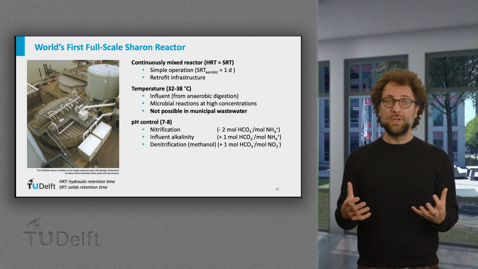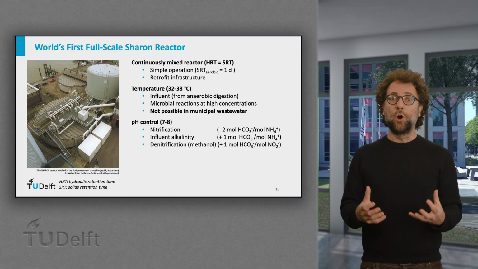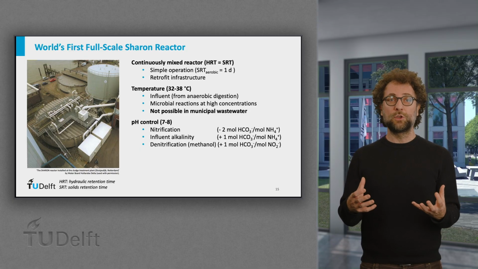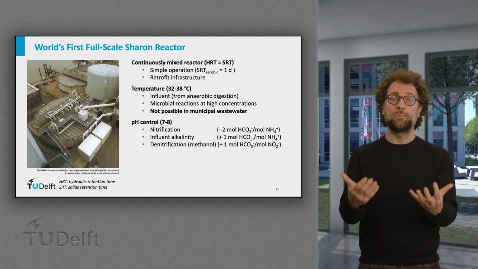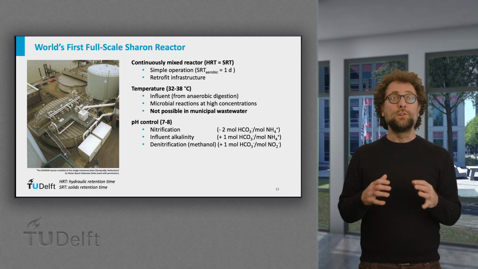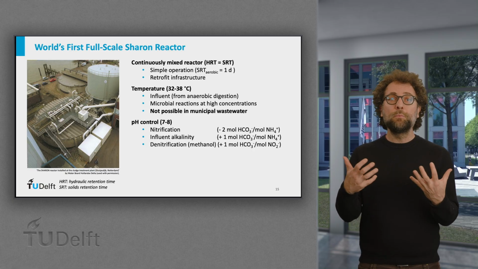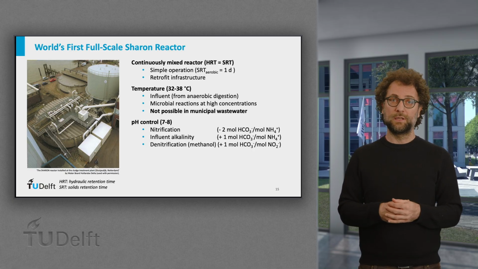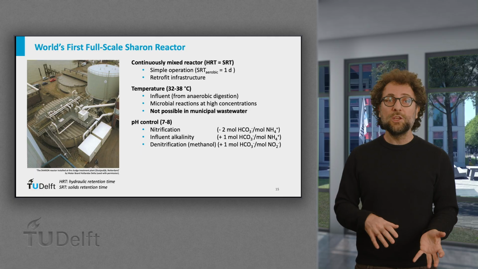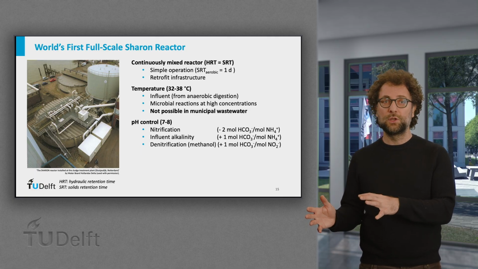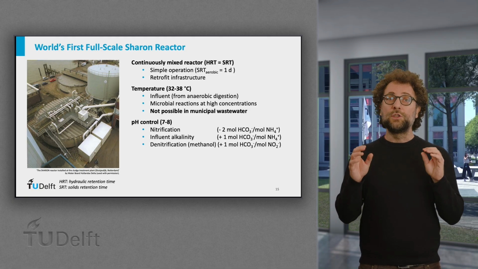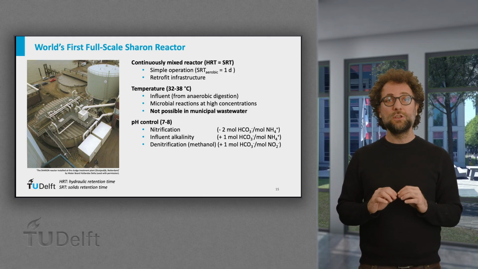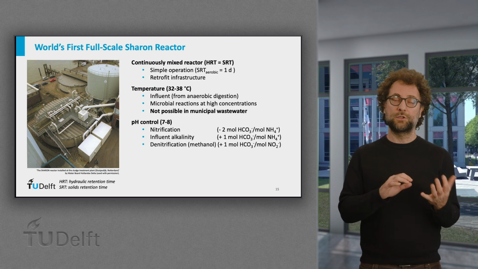The control of the pH is also essential, owing to the acidifying nature of the ammonia oxidation process, consuming 2 moles of alkalinity per mole of ammonium removed. The influent alkalinity typically compensates for about 1 mole of alkalinity. The remaining is provided via denitrification, typically with methanol addition. Denitrifying conditions are achieved by alternating oxic-anoxic conditions.